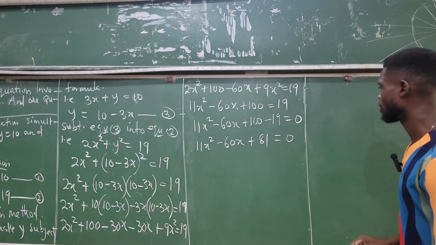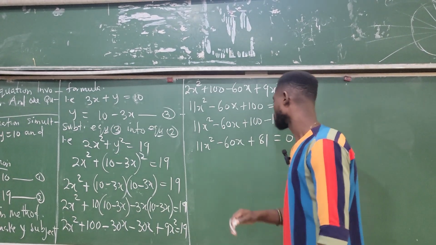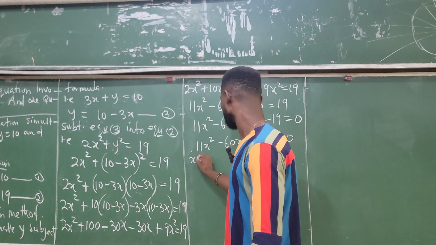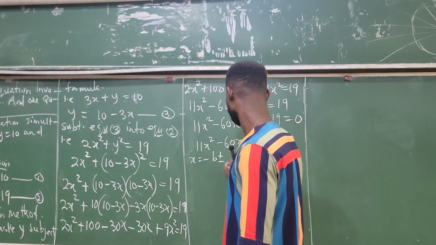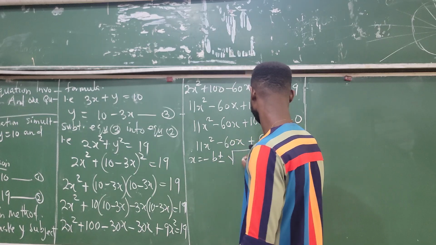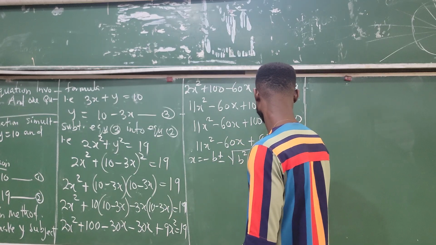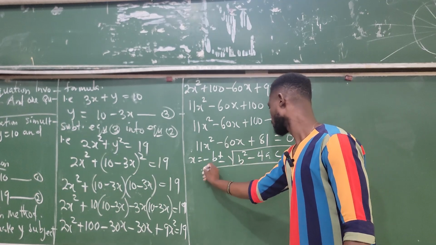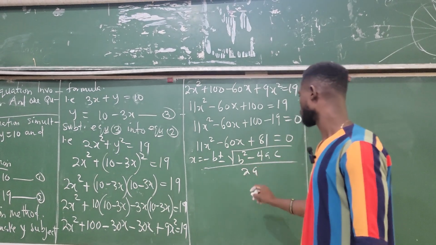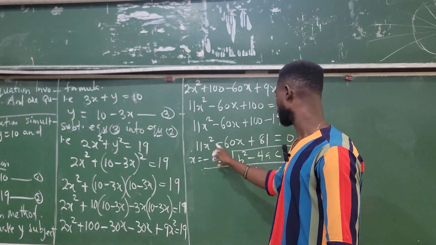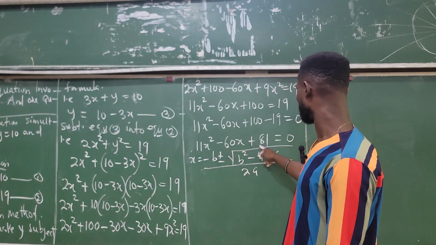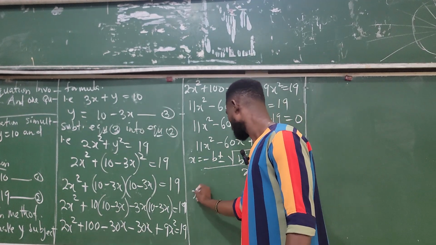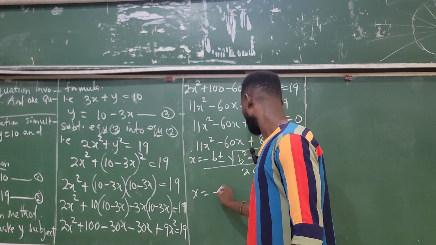So let's use what? Formula method. That is x is equals to minus b plus minus square root b square minus 4ac, all over 2a. So I told us a is 11, b is minus 60, and c is 81. So we can have x is equals to minus